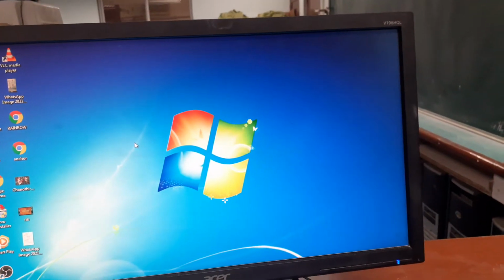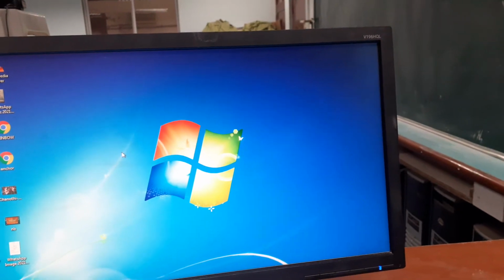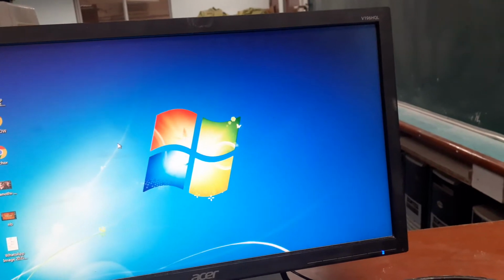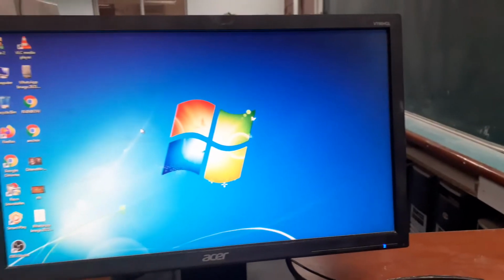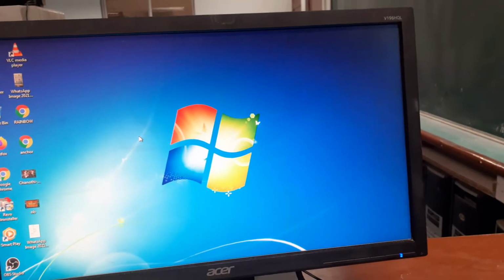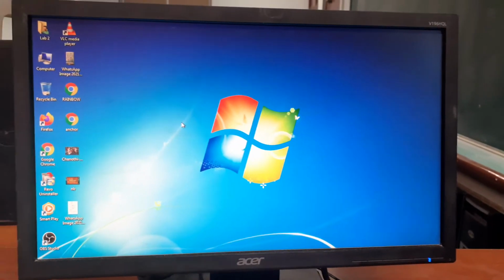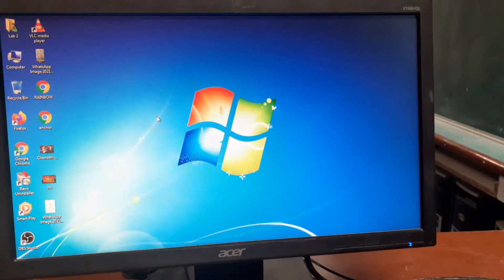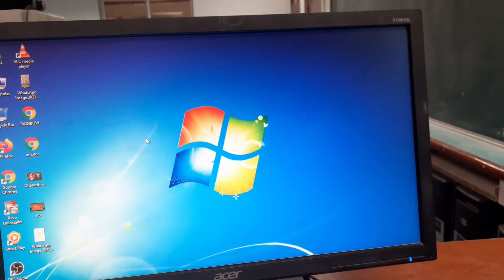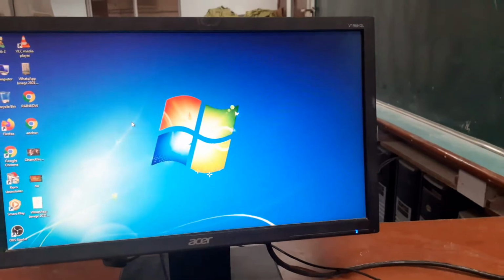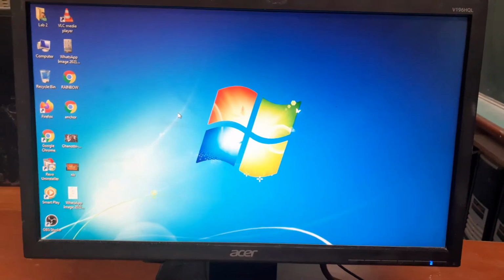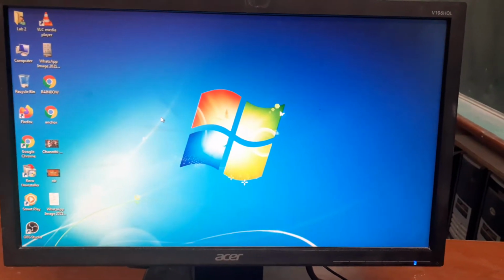So children, in the last practical video we learned how to create a file, a subfolder, and a folder. Now we will go ahead. The next topic is on page number 29, move a file or folder. Now we will move the hockey file from the outdoor games subfolder to indoor games.